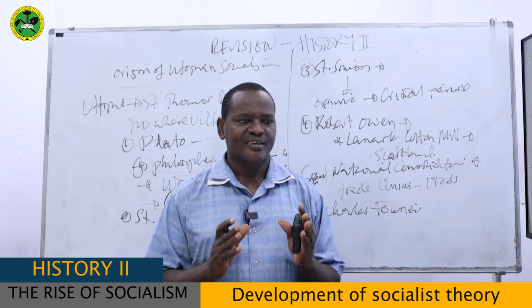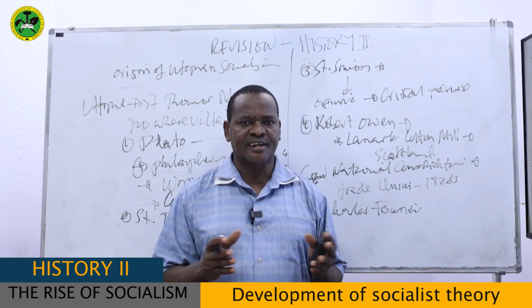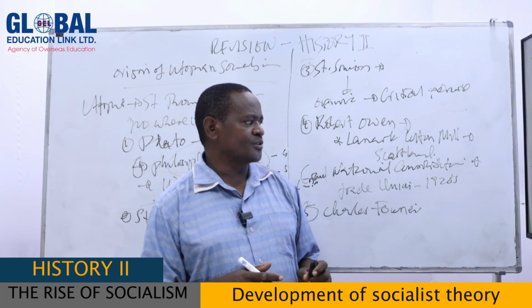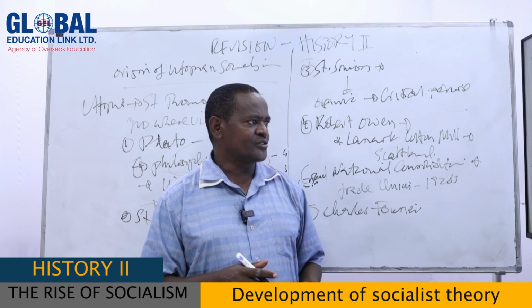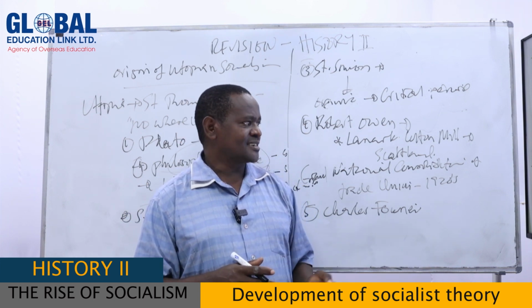So you can see the extent to which his ideas were so difficult to attain. He waited at home for so long and no one came to meet him. And that is Charles Fourier. As you can see, he was frustrated with the idea of introducing socialism by writing a book, and it was so difficult to attain his goal.